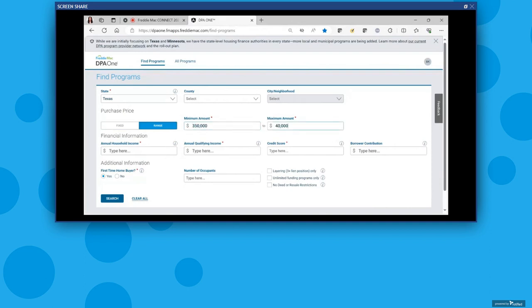And then we ask for the financial information. And here we ask for the annual household income and annual qualifying income. Now, both of these pieces of information are important because, based on the underlying source of funding for a program, a down payment assistance program can be looking at annual household income or qualifying income. And to make it easy for our loan officers and the borrowers to understand what we're looking for,